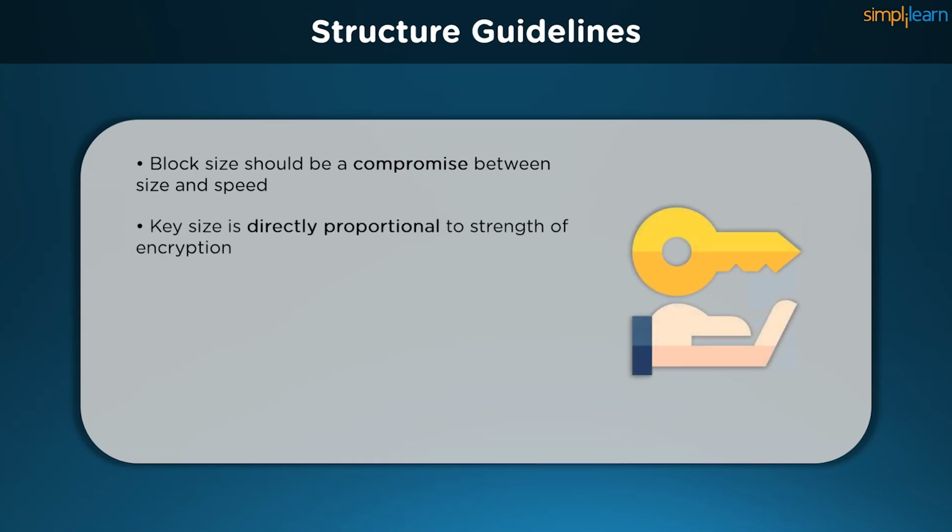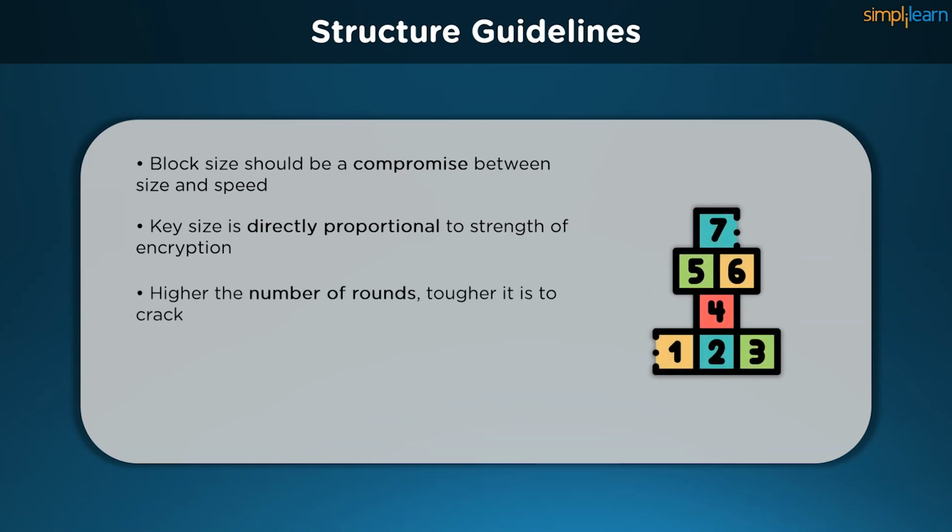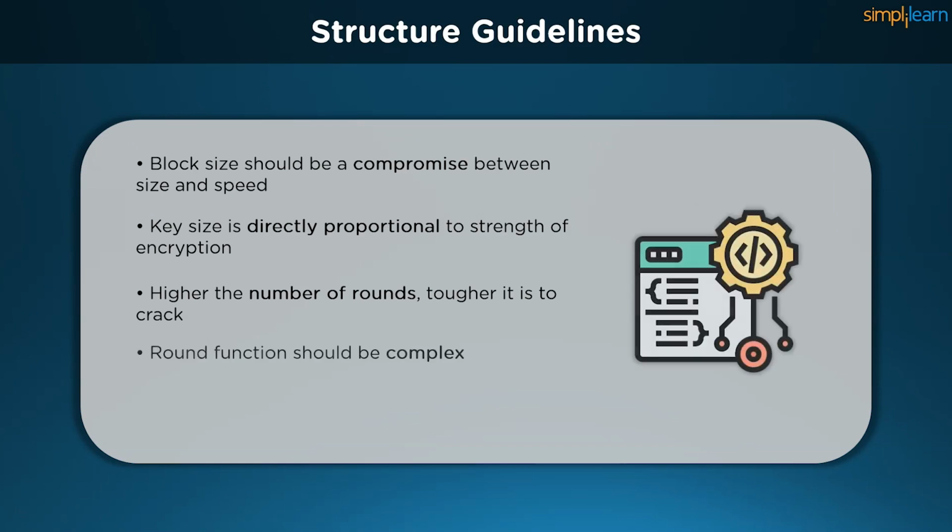The security of the block cipher increases with increasing key size, but larger key sizes may also reduce the speed of the process. Earlier, 64-bit keys were considered sufficient. Modern ciphers need to use 128-bit keys due to the increasing complexity of today's computational standards. The increasing number of rounds also increases the security of the block cipher. Similarly, they are inversely proportional to the speed of encryption. A highly complex round function enhances the security of the block cipher, albeit we must maintain a balance between speed and security.